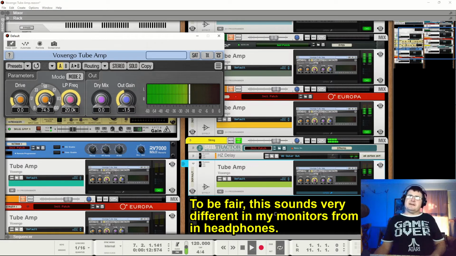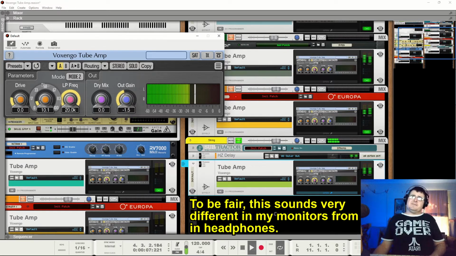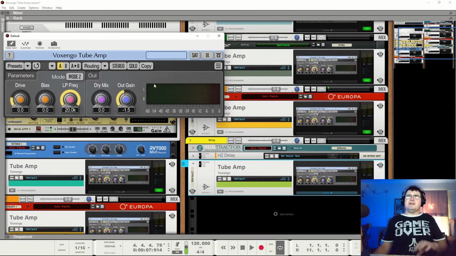If we back our thing down, again, I'm not loving it. And it's not the fault of the device, the device is doing a great job. We just don't need that extra. So this sounds really nice. We'll let it have a little bit of change in the bias there. Let's see it in the mix. Yeah, I just don't want any extra stridency. There are times where I would be really wanting it, but I don't think that I really want it.